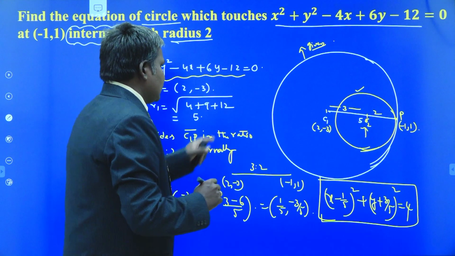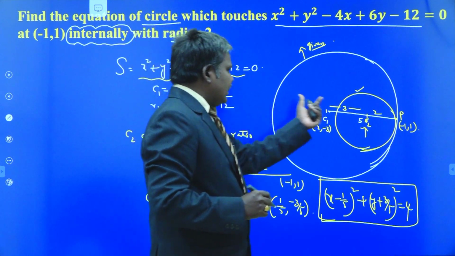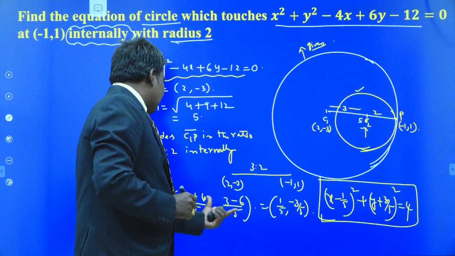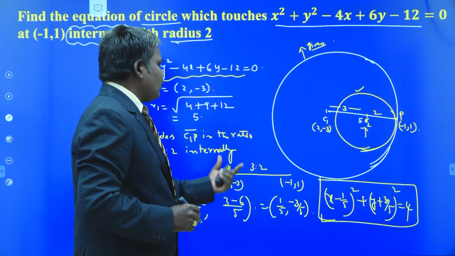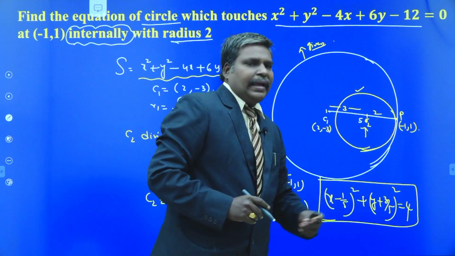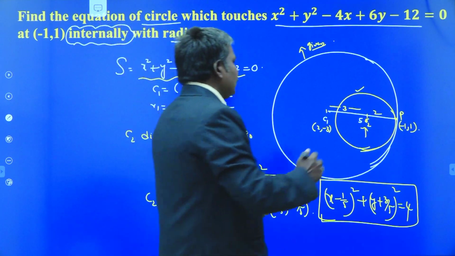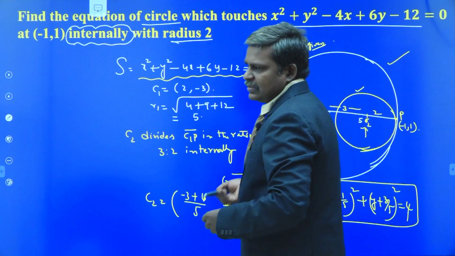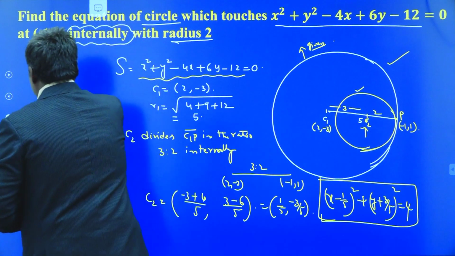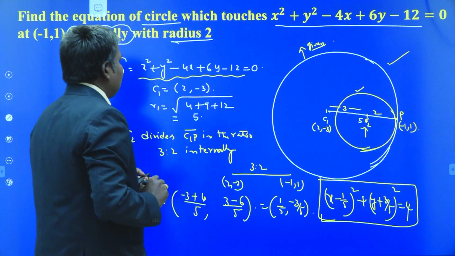So the only idea is to draw the figure, see which point you need, and find the coordinates, whether by using the internal formula or the external formula. You have to think once again, write the formula and apply the condition, and we get the center of the circle. Once you know the center and radius, you can easily build up the equation of the circle by using the formula x minus x1 whole square plus y minus y1 whole square is equal to r square. So in this geometry, preparing the diagram itself is very, very important. Okay. So in this manner we can finish the problem.